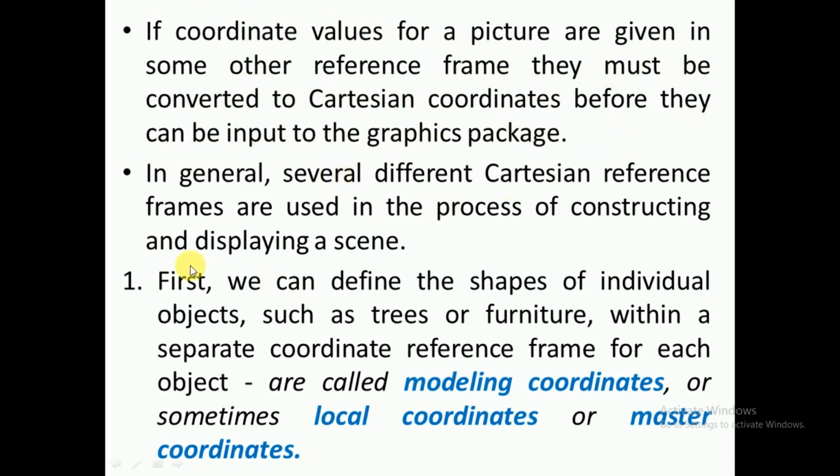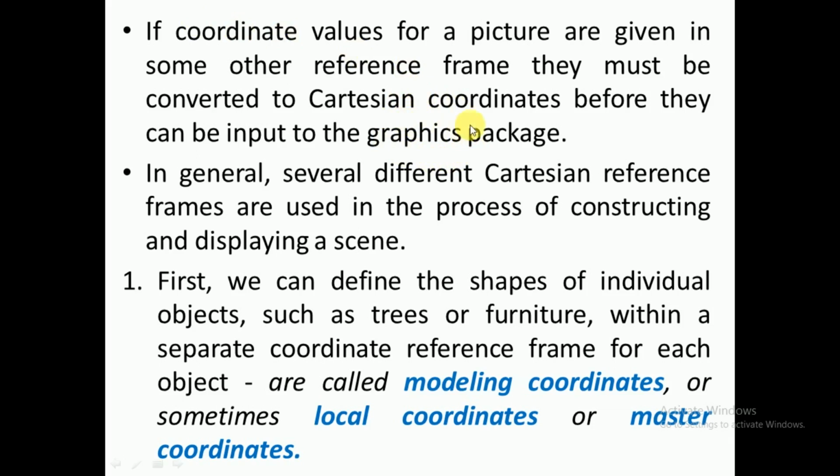There are different coordinate systems available. If your input is not in a Cartesian coordinate system, that input must first be converted to the Cartesian coordinate system. Then that has to be given as input to your graphics package.